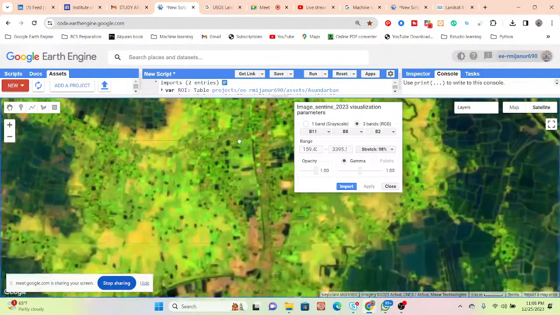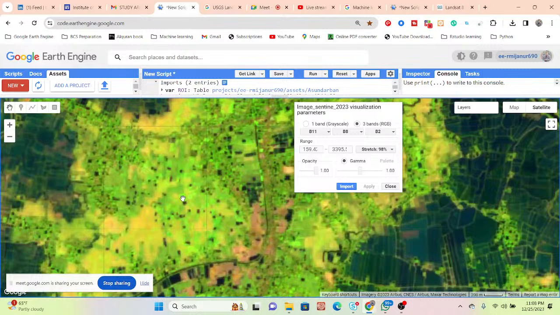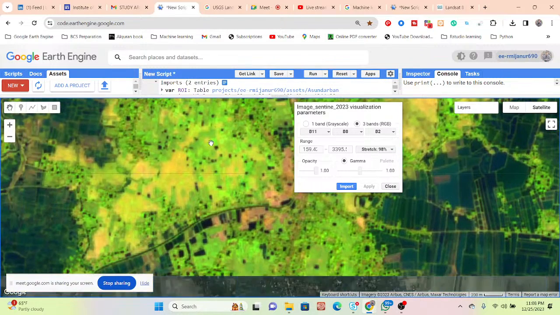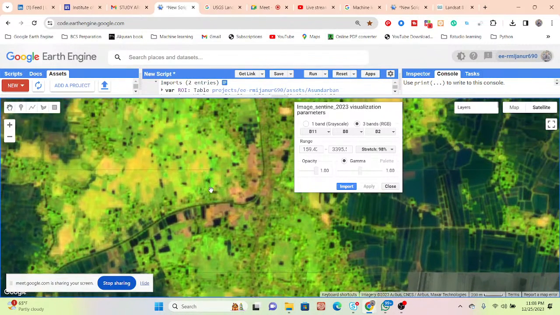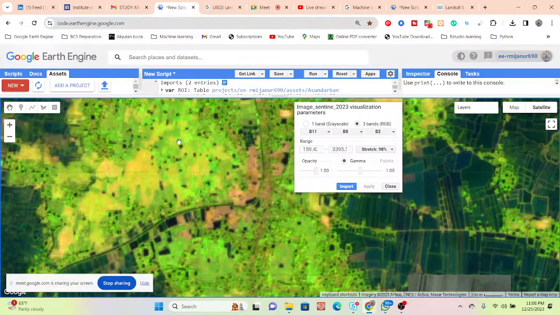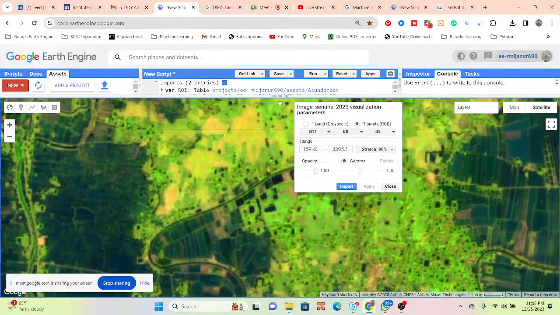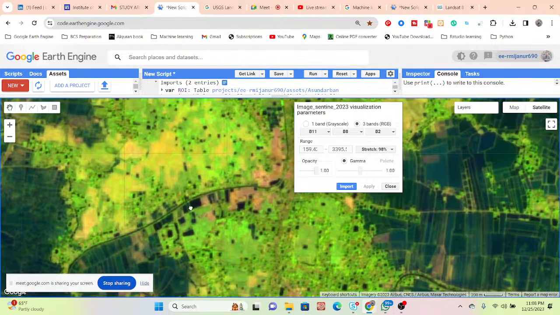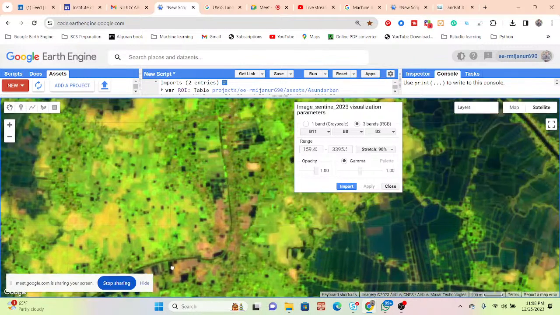In this pixel you can see this type of light green pixel value. This light green identifies agricultural land, not deep green, only the light green. And this black or dark color identifies the water body.